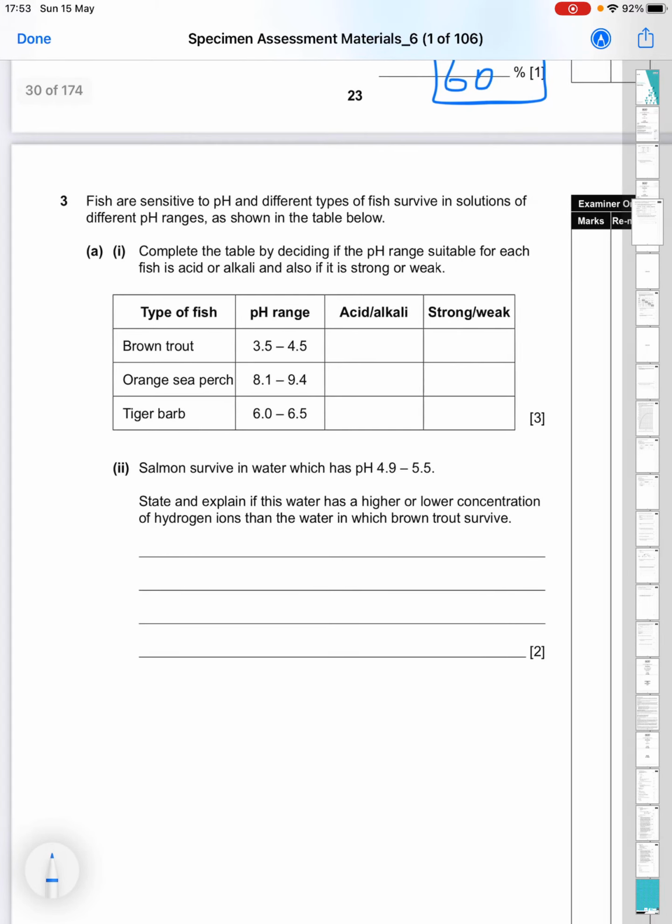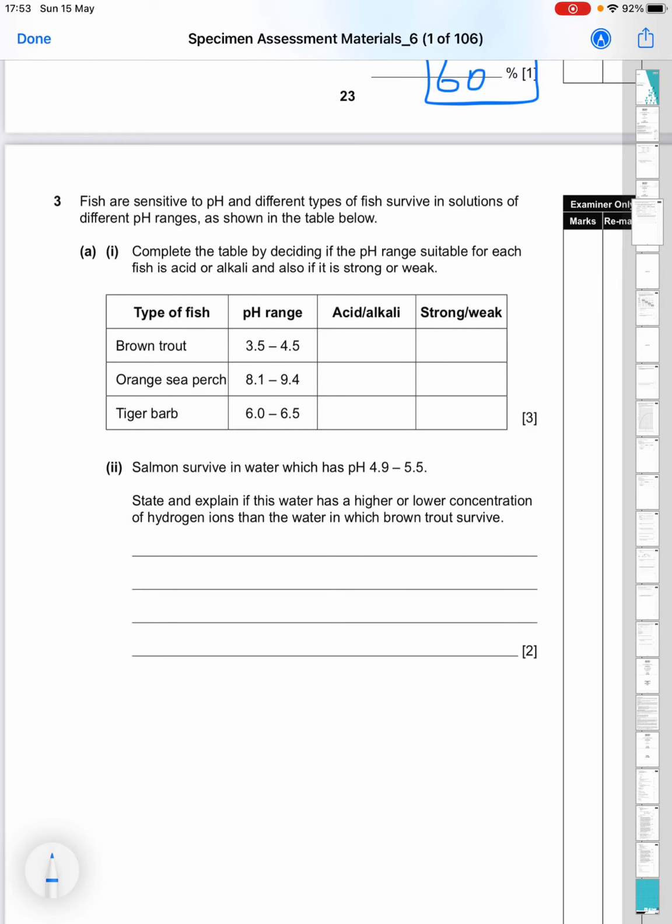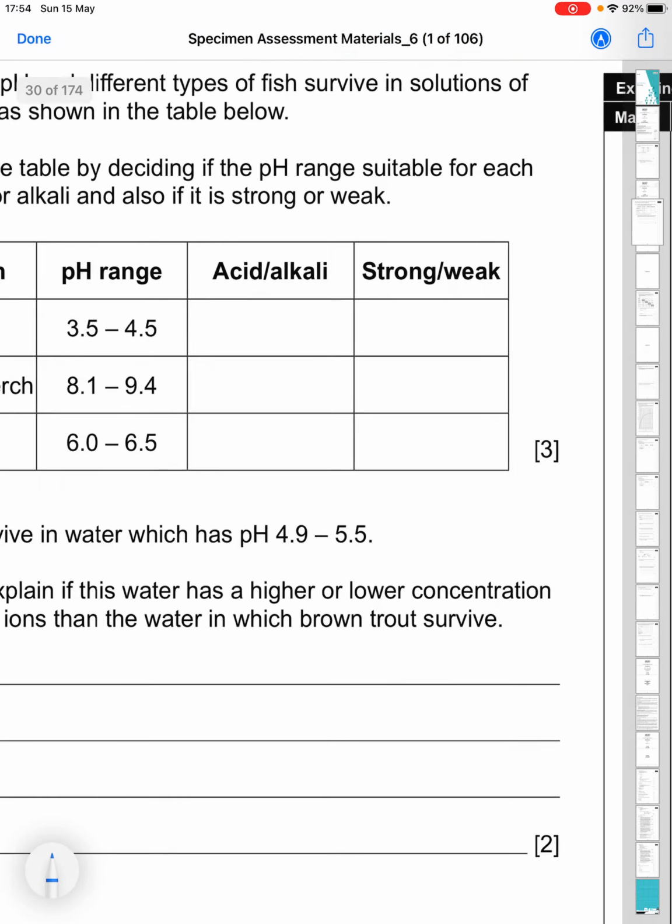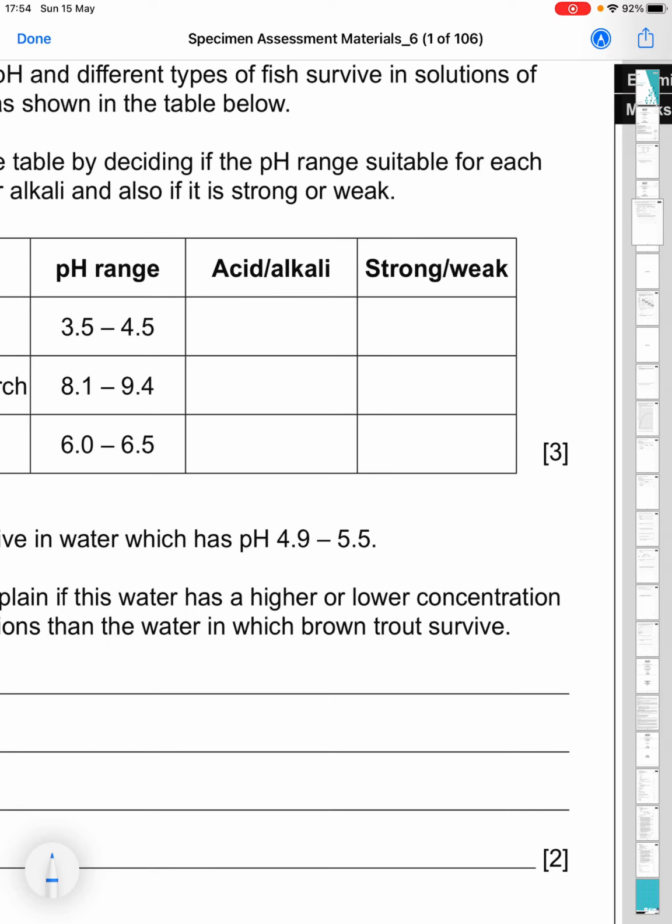Now, number 3, fish are sensitive to pH, and different types of fish survive in solutions of different pH ranges as shown in the table. Complete the table by deciding if the pH range suitable for each fish is acid or alkali, and also if it's a strong or weak acid. So really, you don't need to worry about the type of fish here. You're just looking at the pH range and can you recognise, is it acid or alkali, and is it strong or weak? So we can see that these two below 7 are both acid,